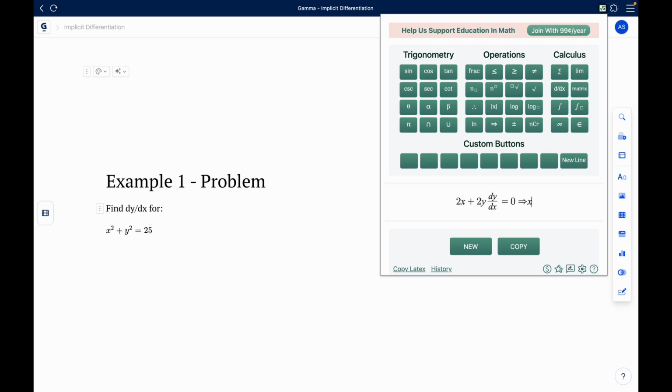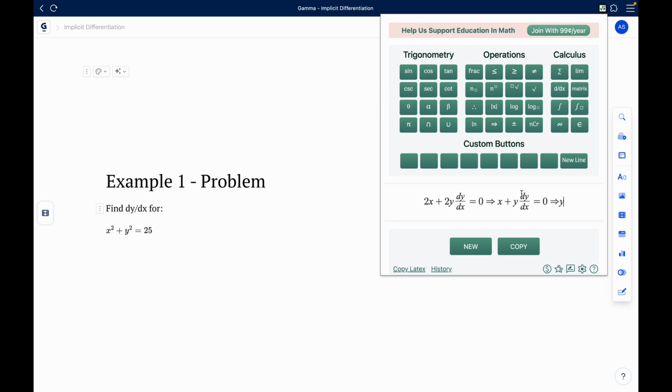So, we have x plus y multiplied by dy by dx, which is equal to 0, since if we divide all the sides by 2, 0 divided by 2 is still equal to 0. Then, the final few steps will be to factor out dy by dx and solve for dy by dx. So, if we bring the x term, which doesn't have dy by dx, to the other side,